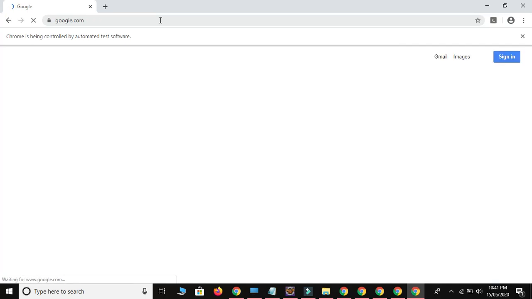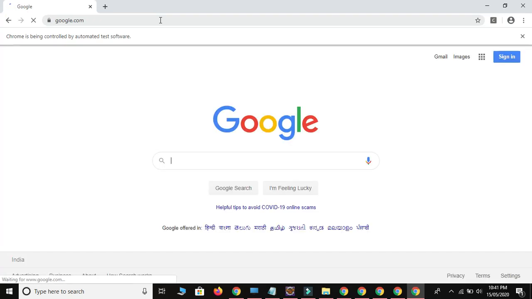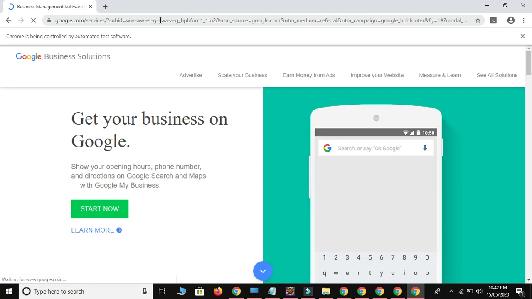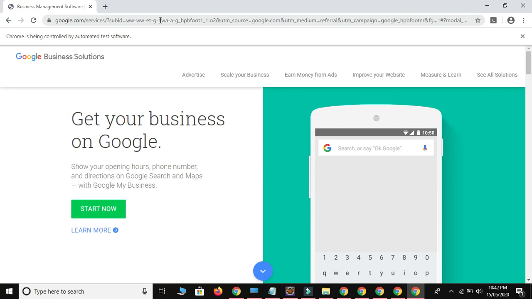Google, wait for 5 seconds and then click on the business. Okay, clicked on the business. Again it waits for the 5 seconds and then performs backward activity using navigate method.